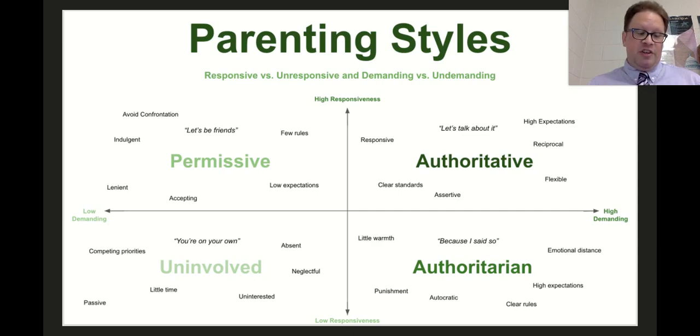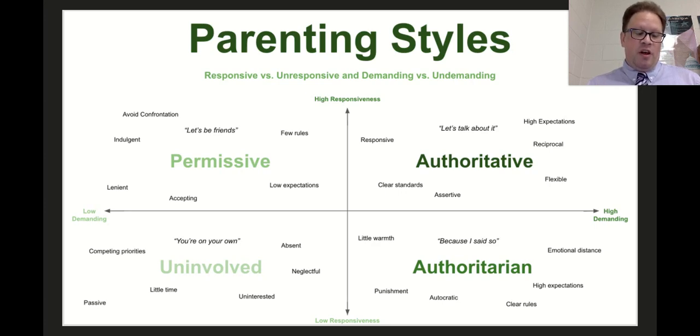They may believe that children can learn better from consequences on their own actions than from following rules that were set by the parents. And you can also have uninvolved parenting, which you can probably discern by the name, but this tends to be either indifferent or possibly even rejecting, sometimes to the point of neglect or abuse. Parents in this group often lead such stress filled lives that they actually have little time or energy for their children. Now, these parenting styles seem to have an impact on a child's personality and behavior.